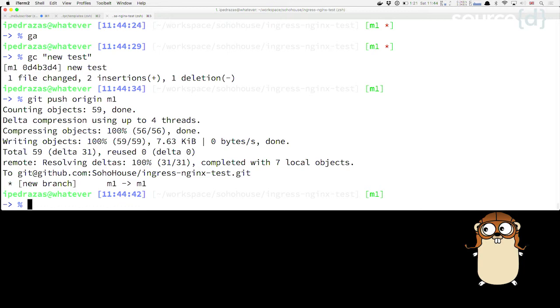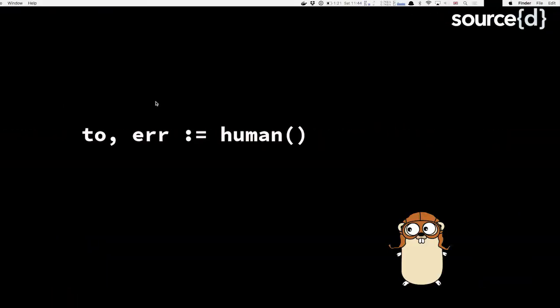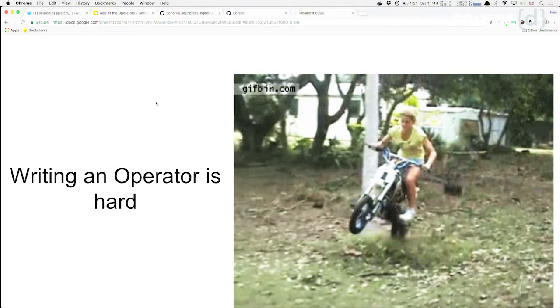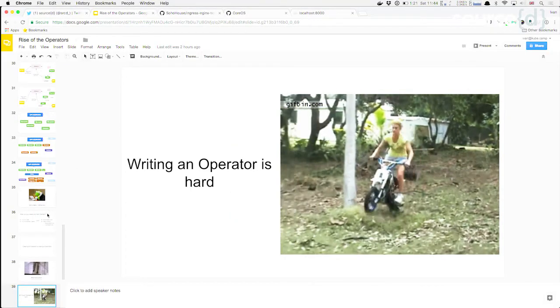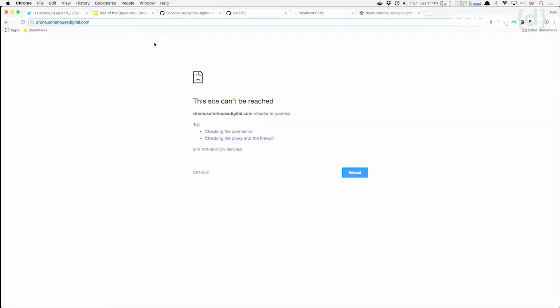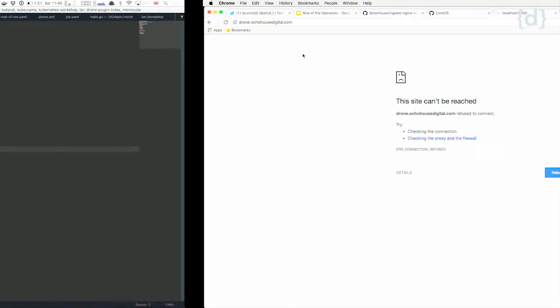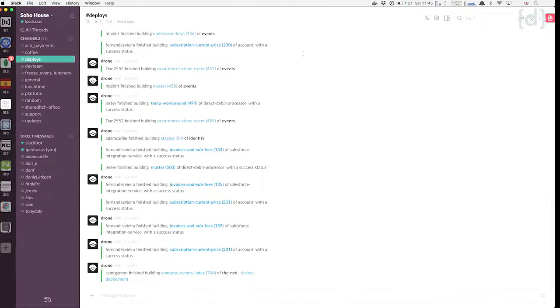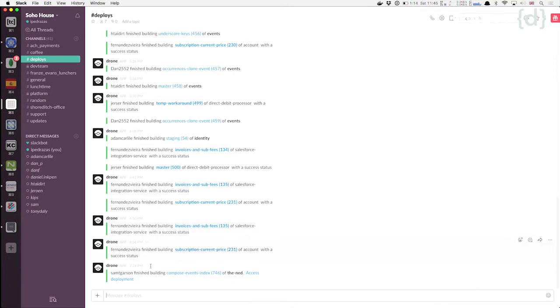And in theory, I should go to my drone. My drone is down. It's because I'm not in the VPN, but it's fine. So in theory, it should build, and at some point in Slack, we should have a message here saying that I've built.